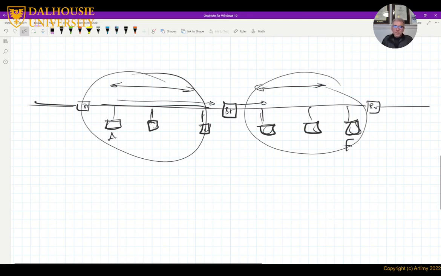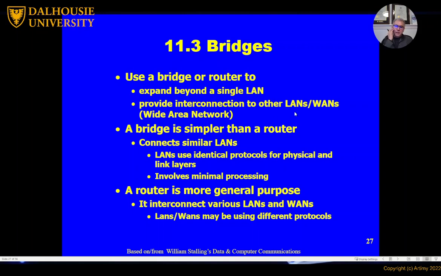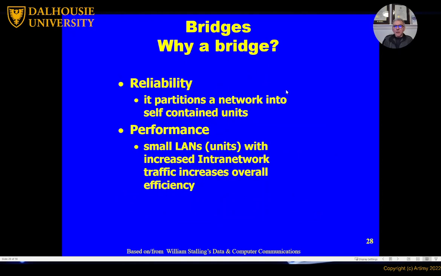Anyways, but the bridges don't come free. They have their own problems. So we'll talk about these. But still, there are more advantages to the bridges. Let me see. Let's go back to the slides and see what kind of advantage that the bridges provide. So I'm going to talk about the reliability advantage later, but we talked about performance.